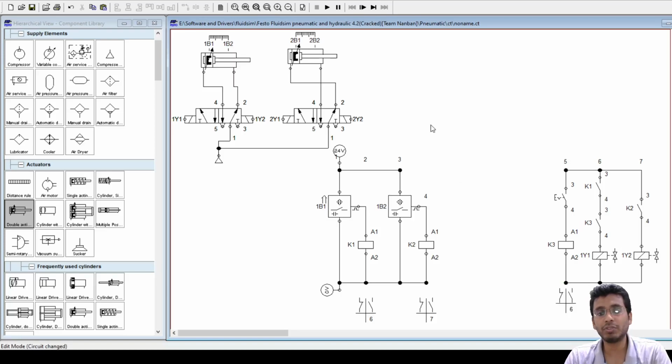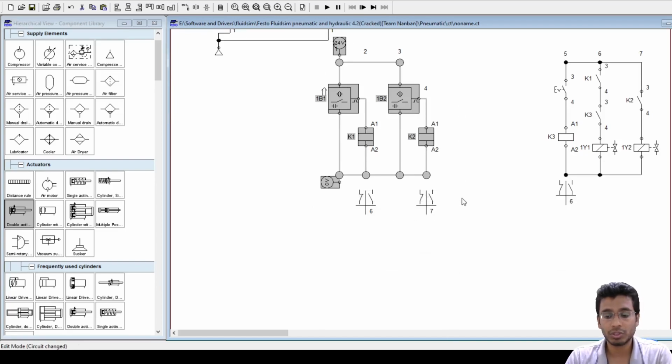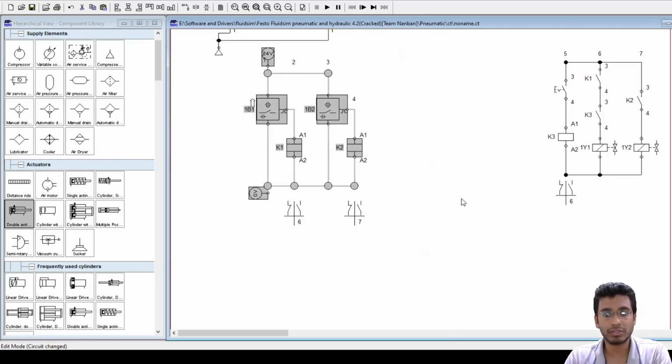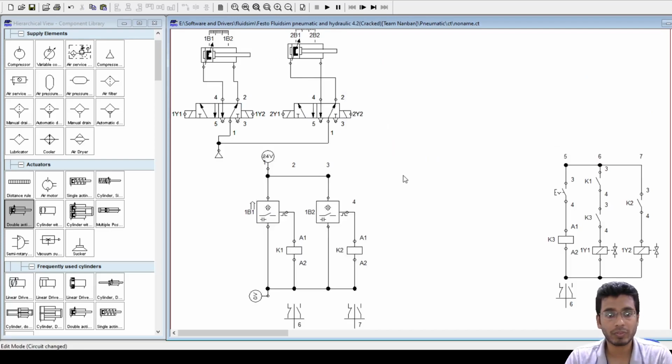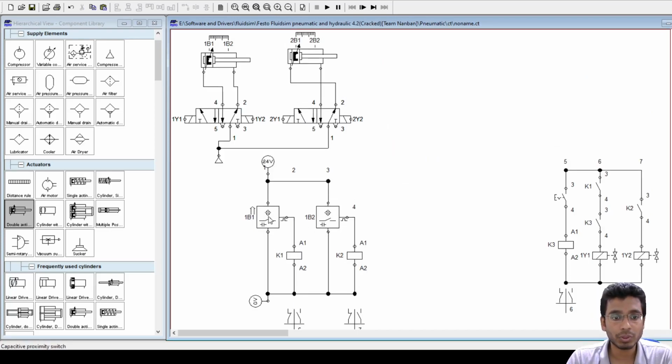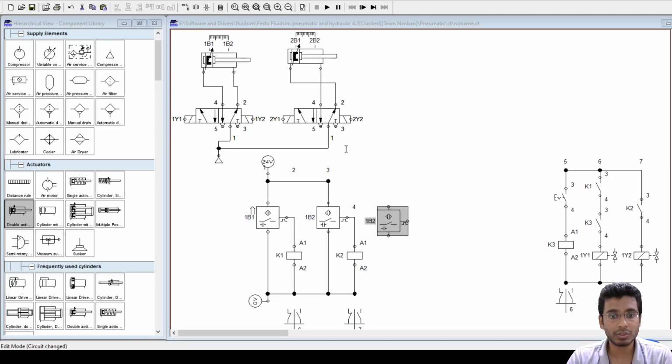Okay, so I told you first will be what? All your sensor evaluation part, right? So let us first try to implement all our sensor evaluation. How many sensors are there? So we'll just try to make all those things here. Fine. So you have 1B1, 1B2, and similarly you are going to have your third sensor here, that is 2B1, right?